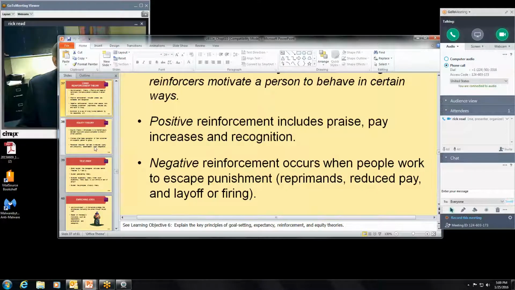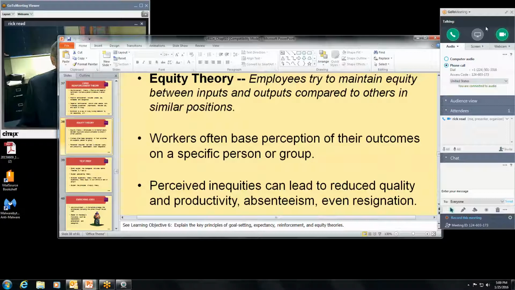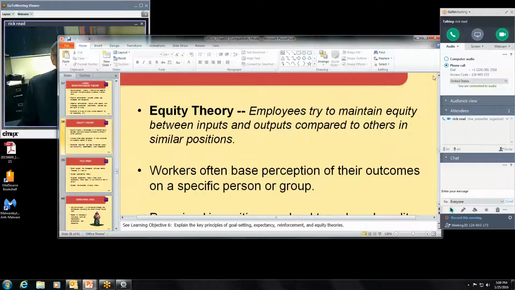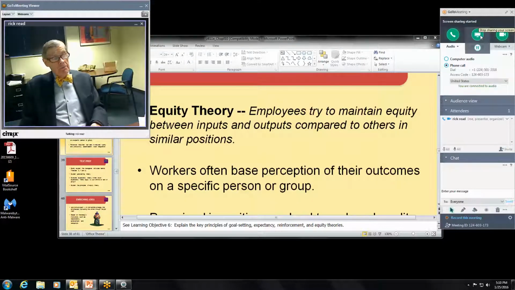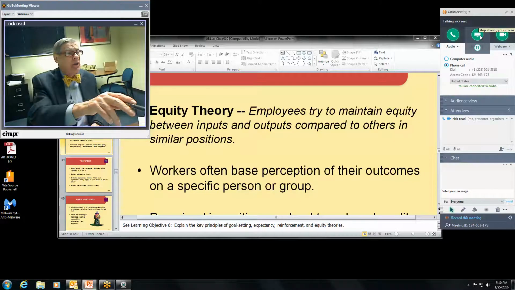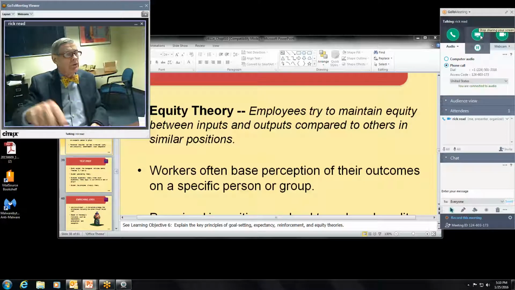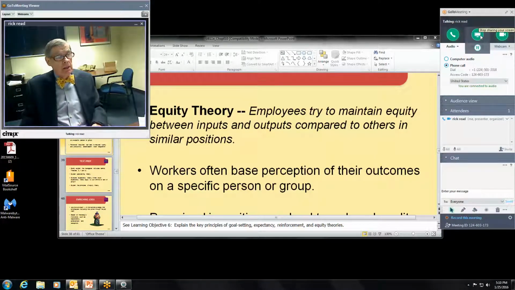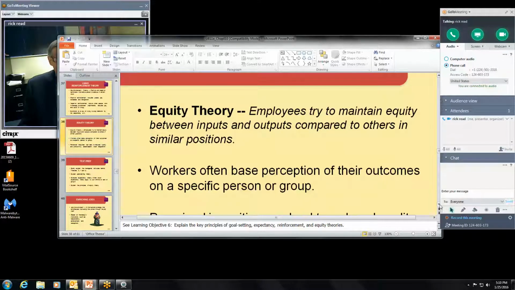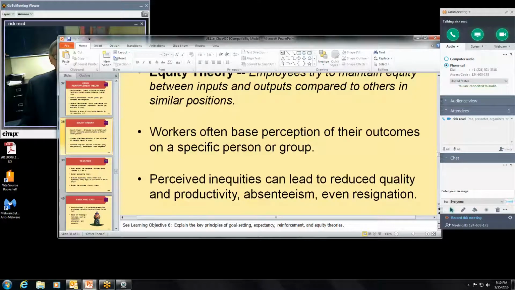Now, equity theory is, again, something that's interesting because this is where a person compares his or her outputs to someone else, and that someone else is known as a comparison other. So notice the equity between inputs and outputs compared to other people working in similar jobs. And a person is going to do several things, but what happens here is if they believe